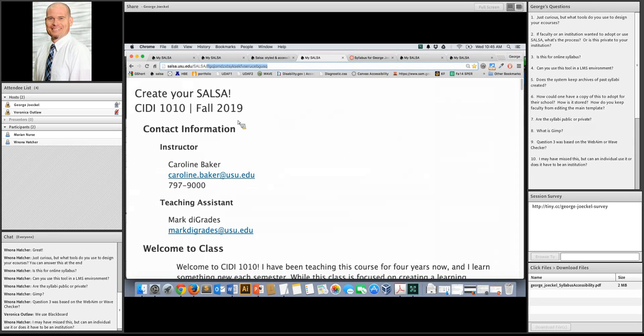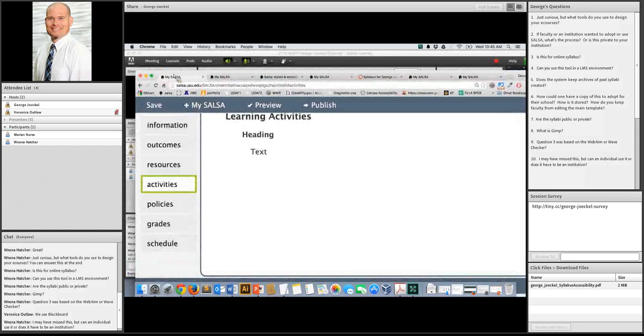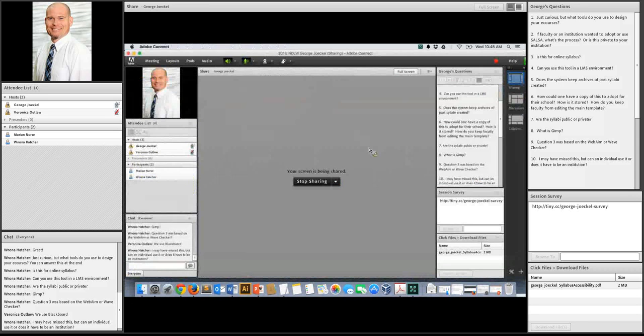Are the syllabi public or private? So for our open instance right now, the syllabi are technically public, but somebody would have to have this 30-character random and unique key in order to access this syllabus. And again, that would only give them access to the read-only copy. The edit link is an entirely different 30-digit randomized and unique key. So that's the answer to that.